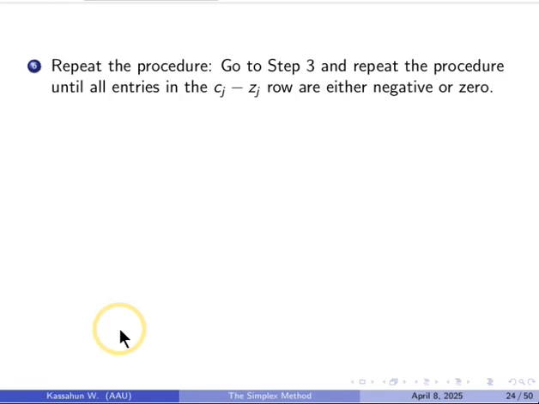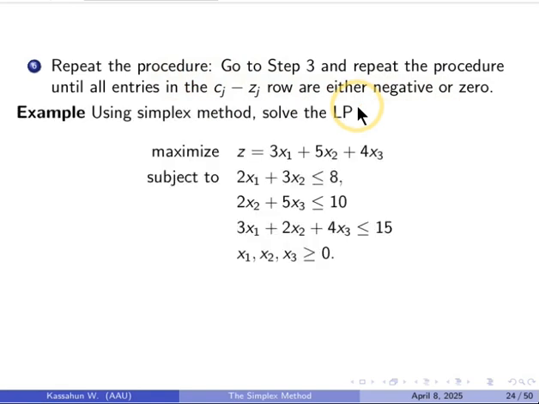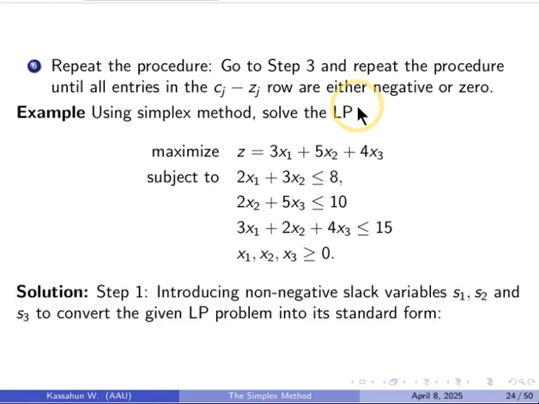Therefore, repeat this step again and again until all are either negative or 0. Now we shall do an example, and I will give you a video link so that you can understand the steps of the simplex table, and in class we shall do this example in detail.